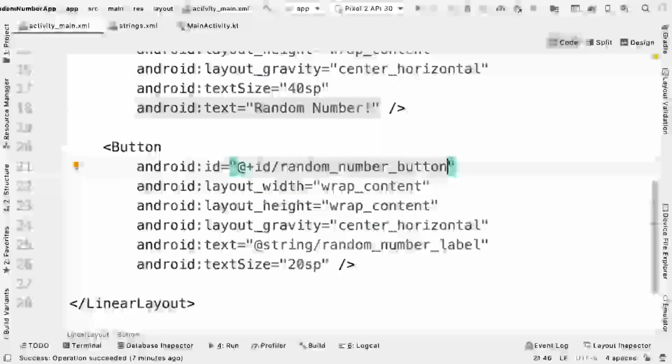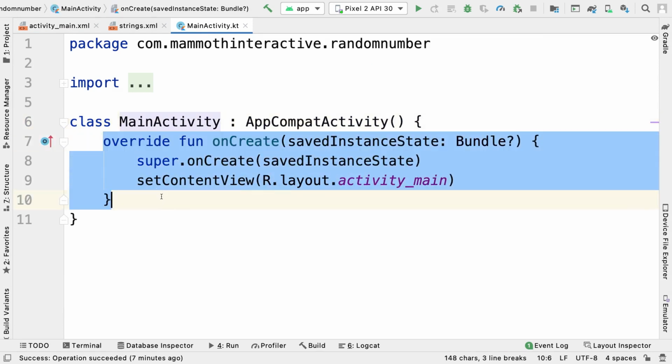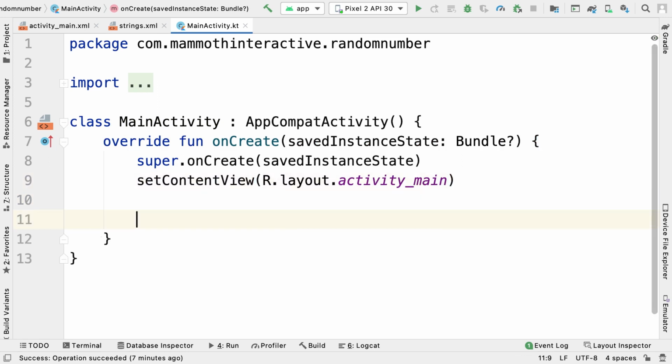Okay, now let's go to our main activity Kotlin file. Remember, this is the file that opens our app. It has this function onCreate, which will run as soon as the app is created. We are going to add in to this main activity class a reference to our button. First, we'll make a new value that we'll call random number button. It will be of type button, and we are going to use the function known as